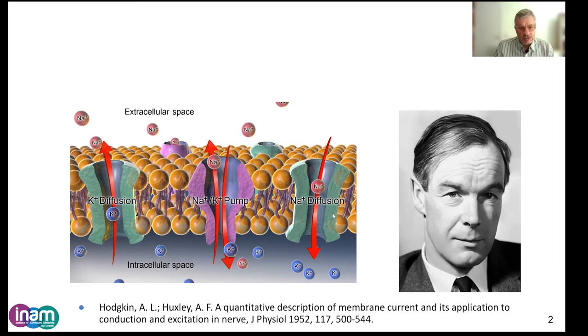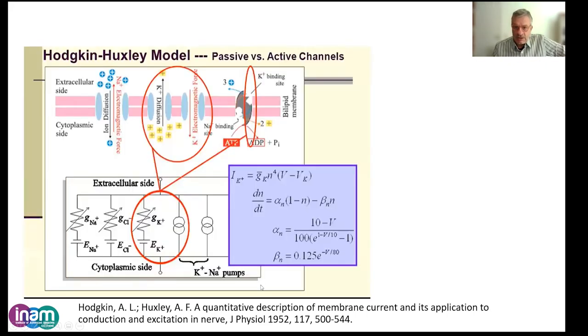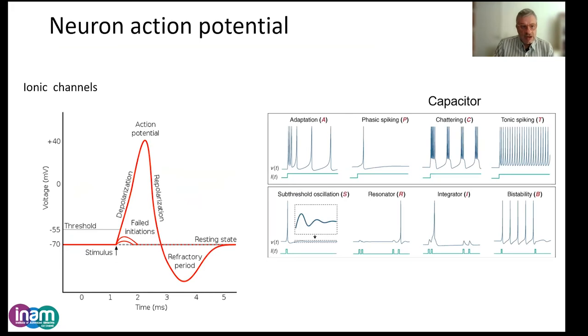The electrical response of neurons is a consequence of changing conductivities in ion channels in the membrane of the neuron. This was discovered by Hodgkin and Huxley in 1950, and they explained this in terms of an equivalent circuit where each ion channel has a variable resistance that responds differently to the stimulus, so that